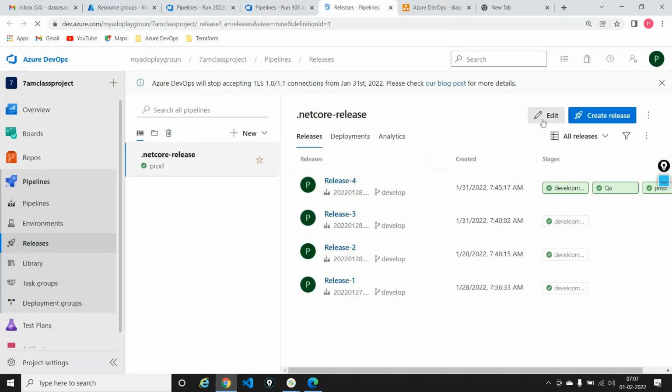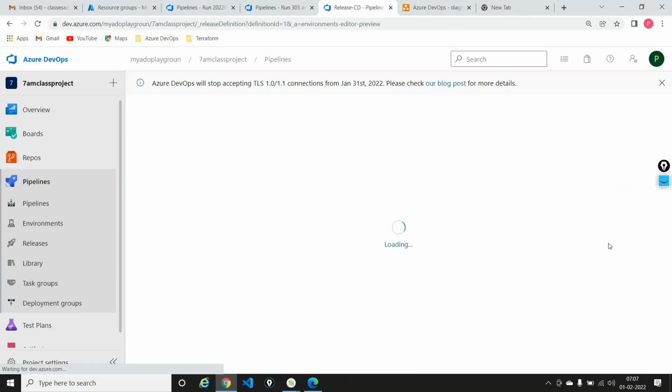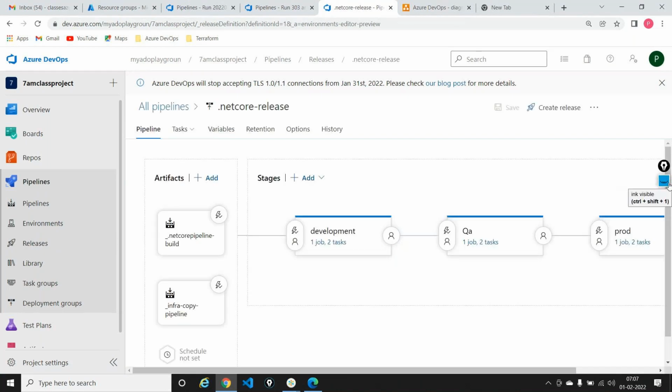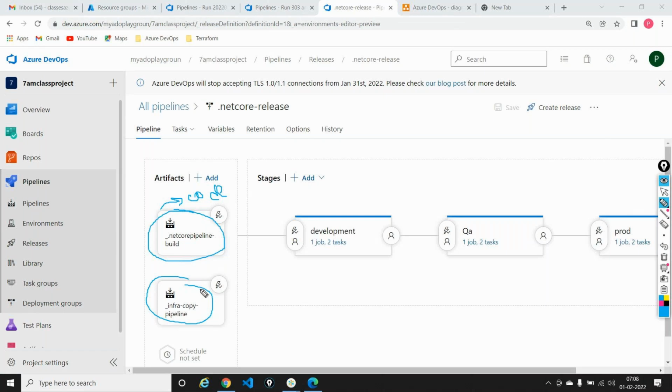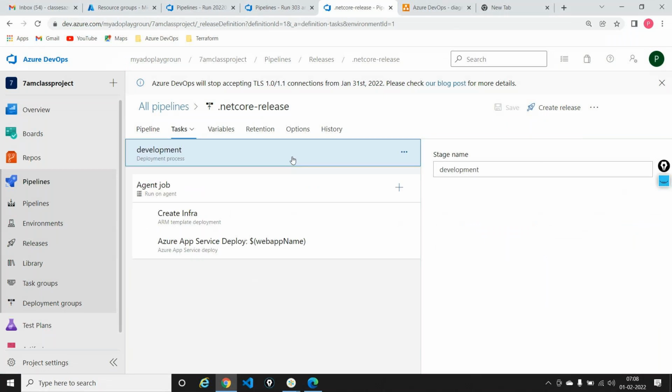In the release pipeline, I went ahead and added two things out here. One is my code, the artifact coming from my code pipeline. The other is the artifact coming from the infrastructure pipeline. Now, what is the difference between these two? Are these two doing the same thing? Not really. My infrastructure artifact is providing me with the JSON file